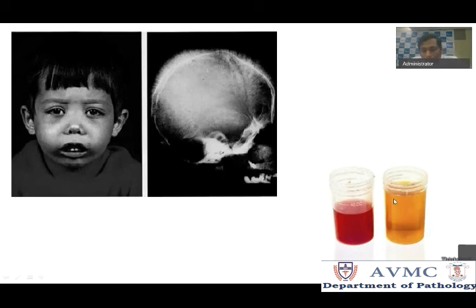As I said, when the hemolysis is happening intravascularly, like in G6PD deficiency, you may have hemoglobinuria. You see, hemoglobin is released in the urine. This is normal urine, and this is hemoglobinuria. So for signs and symptoms and laboratory investigations, if you know this, you can write it for any hemolytic anemia.